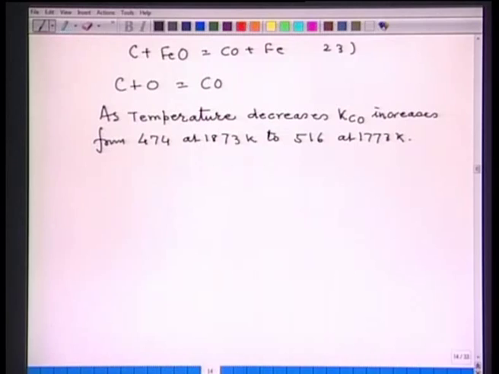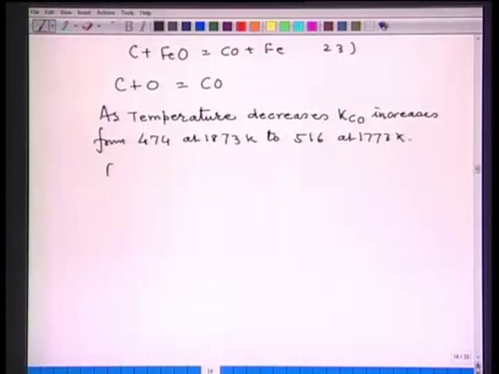So, an increase in K will decrease weight percent carbon times weight percent oxygen, as you can note from the equilibrium reaction. What does it mean? If the weight percent carbon and weight percent oxygen decrease with the decrease in temperature, then CO evolution will occur during solidification, because when the steel solidifies, the temperature decreases. On account of the decrease in temperature, because of the equilibrium consideration, the carbon monoxide reaction will occur during solidification, and this phenomenon is called the rimming reaction.